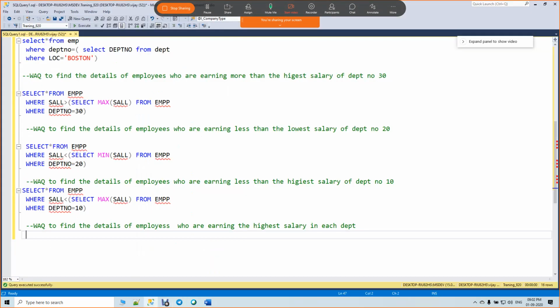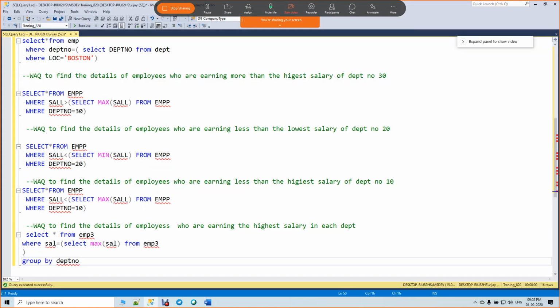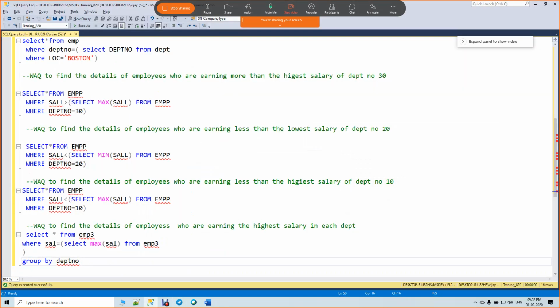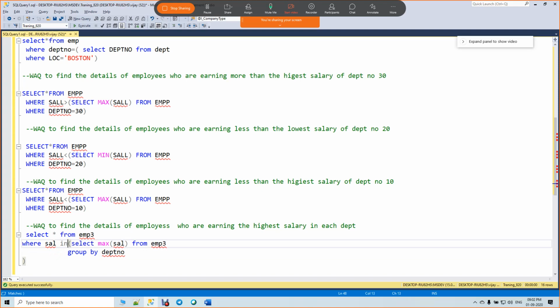Exactly. Good. One second. This should be inside. But here you should put IN, not equal to. The difference between earlier and this one is that this is going to return multiple rows.